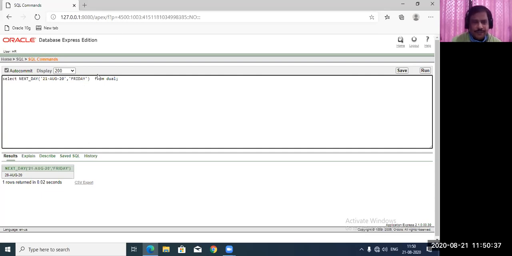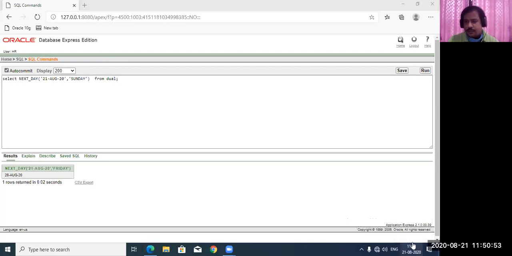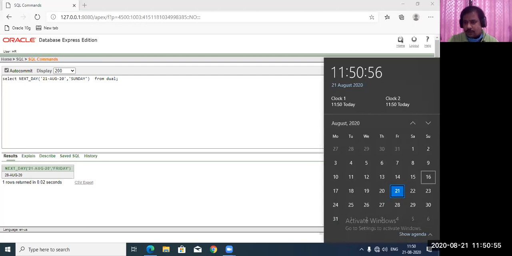For example, today is Friday, and if I change it and search for SUNDAY, the coming Sunday will come. Which date? First you check here, Sunday is on which day? Monday, Sunday is on 23rd.